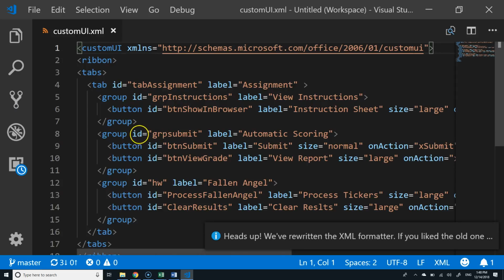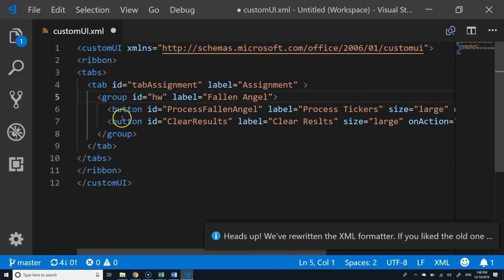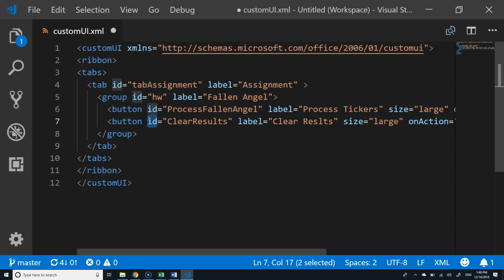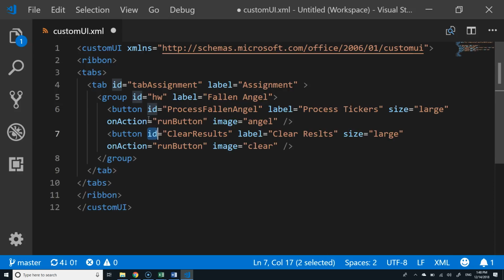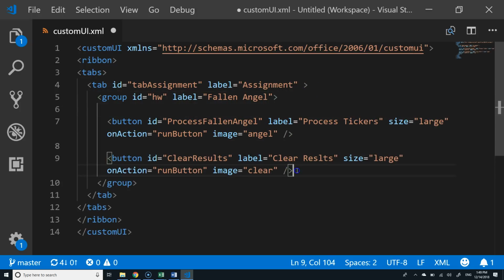Okay, so I'm going to simplify this down to just one group. So here's a ribbon modification with a new tab. It's making a new tab, it's labeling that tab assignment, and it's putting, let's see, Alt-Z. It's putting 2 buttons onto that tab. Let me get a little more vertical space to make these buttons stand out just a bit. Okay, so in this case, there's 2 buttons, just someone tell me, what do these 2 buttons say?